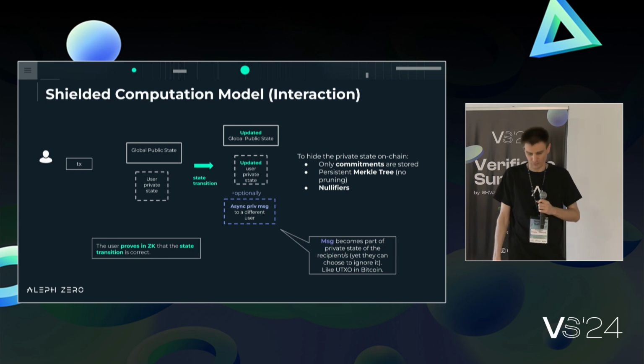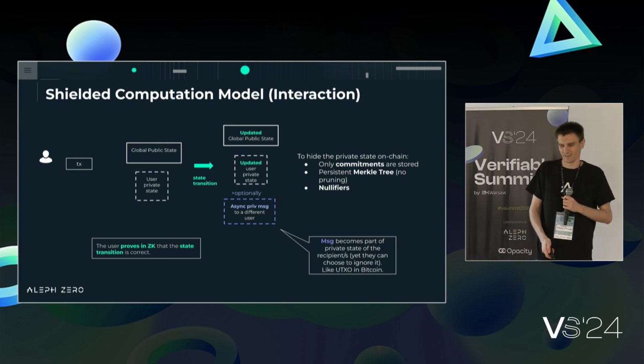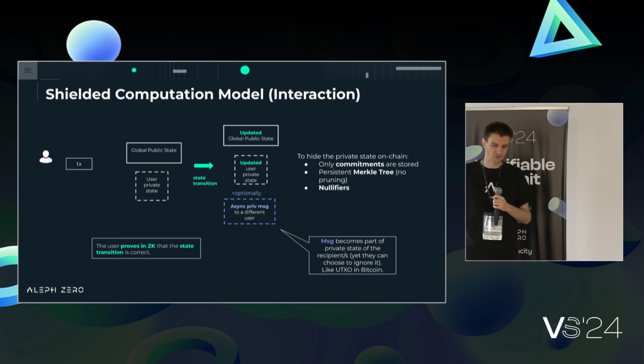So how do we keep everything private? How do we make sure that others cannot link our transactions? So these states are committed to the chain in a Merkle tree, and this Merkle tree is never pruned, so nobody actually knows which state is spent, which is not, and so on. So yeah, there are some technical tricks for how to make it work. And I encourage you to look at the Zerocash paper. It's probably the simplest, but it has all the ideas, if you want to learn it.